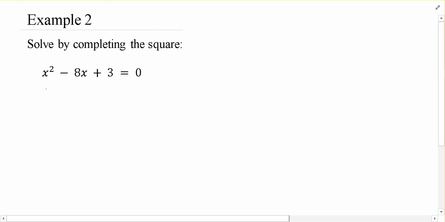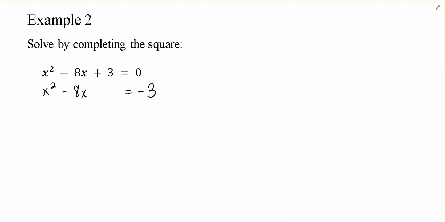So with that said, what we're going to go ahead and do is we're going to start off by shoving the constant to the other side. So we're going to subtract 3 to the other side. And we're going to leave ourselves a nice little blank where that magic number goes in. So that magic number